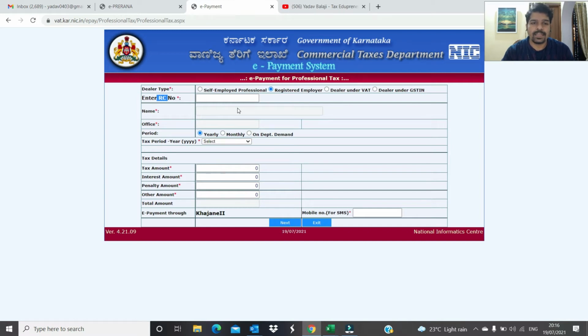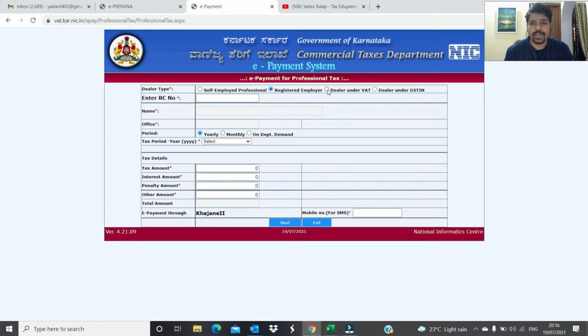EC is an enrollment certificate where you don't have any employee and you are not paying salary of more than 15,000. In that case, you can select self-employment and you can make a yearly payment only. But if you have employees earning more than 15,000, then you have to deduct 200 rupees per month and file on or before the 20th of the subsequent month. In this company, there are more than 14 people who are getting a salary of more than 15,000, so we deducted 200 from their salary and we have to make that payment also. So we will go with a registered employer only.